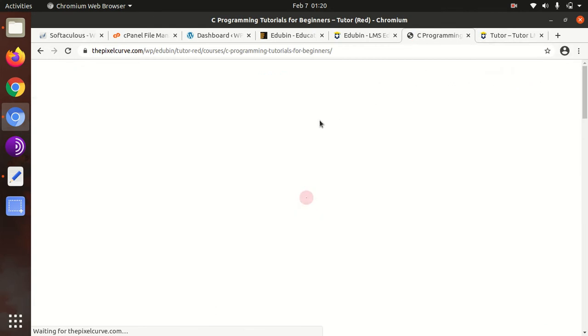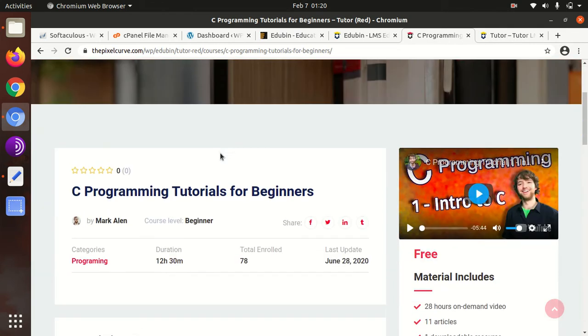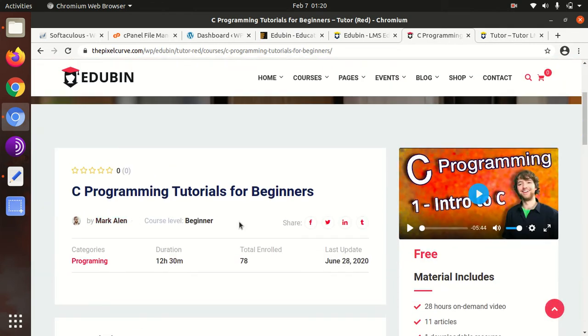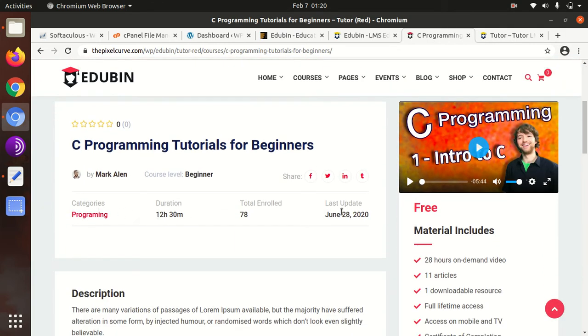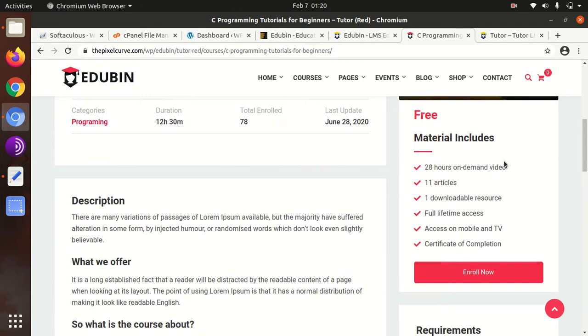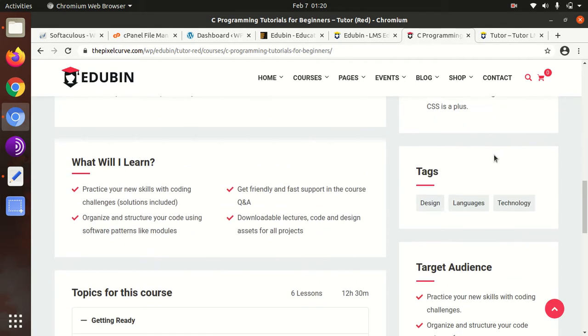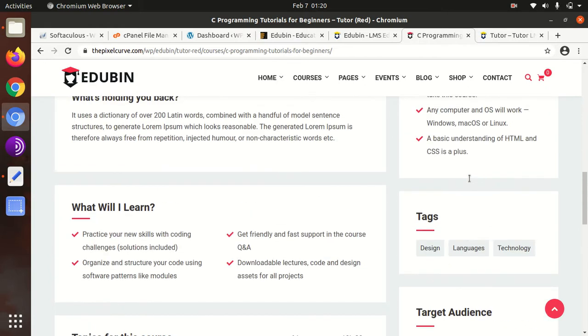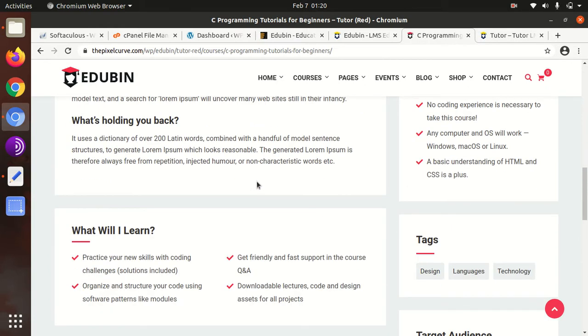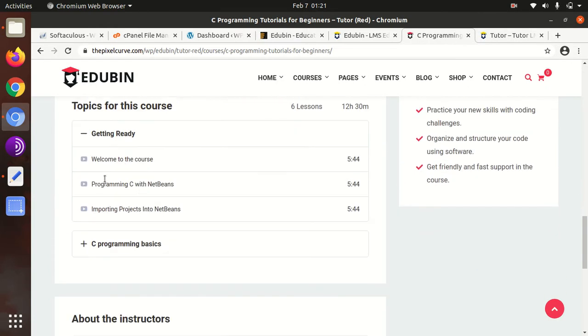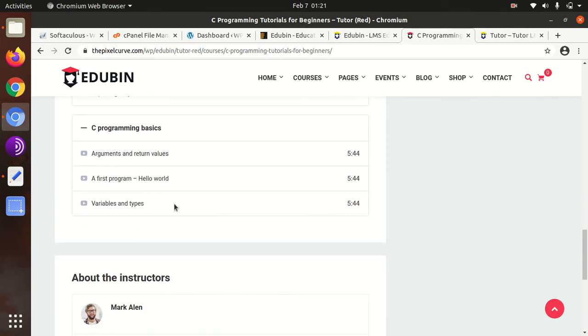This is the course listing page, and it shows all the important information in grid view, and the right panel also helps you with navigation links, and the topics and chapters can be defined like this.